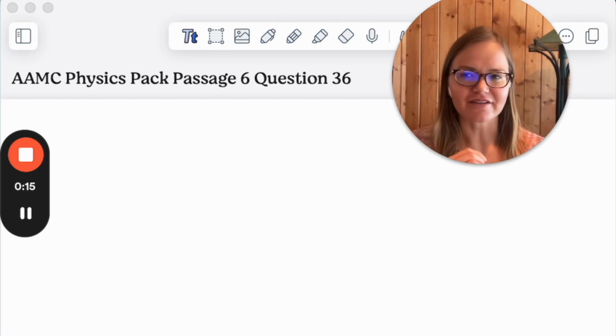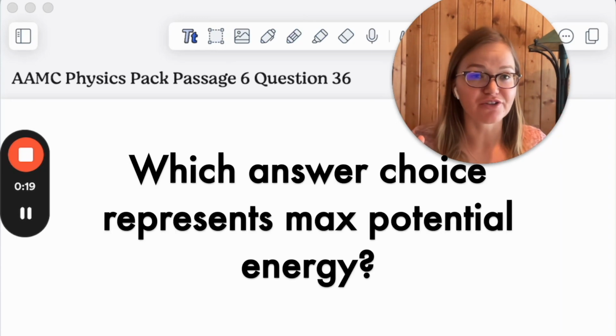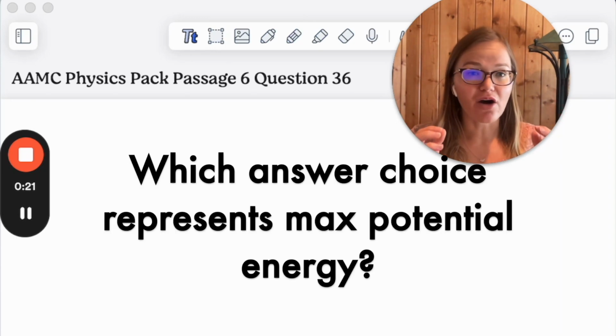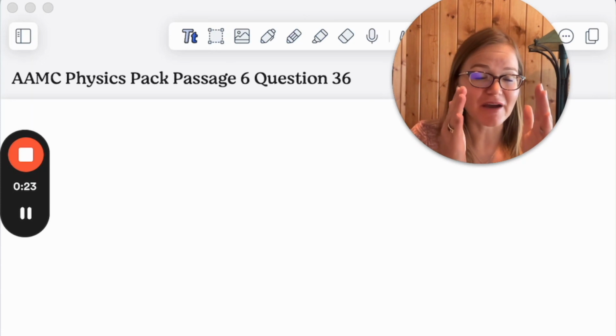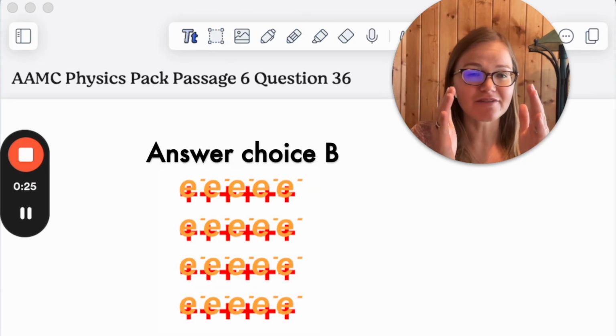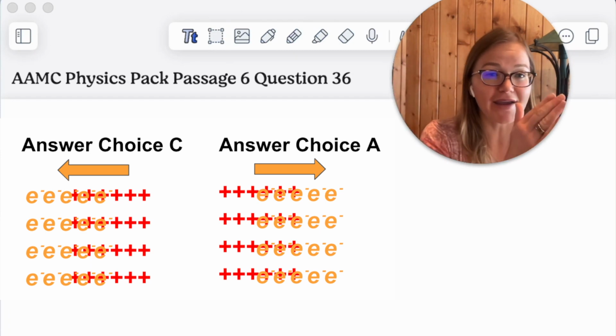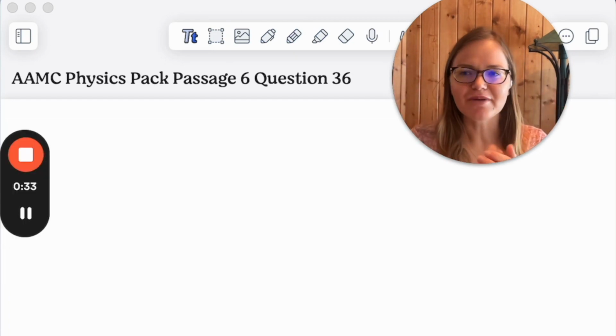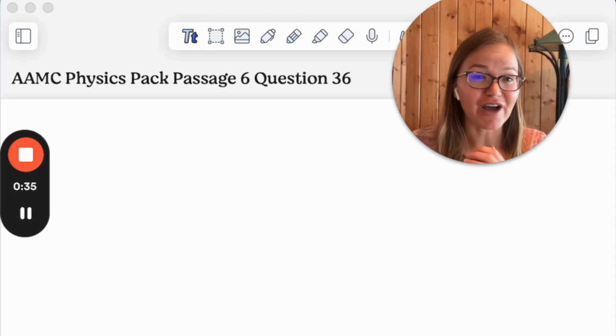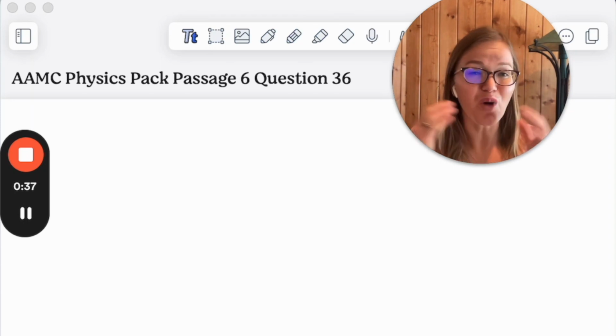Essentially, what we're trying to see here is where is the maximum electrical potential energy occurring? Is it occurring when our electrons are directly lined up on top of our positive ions? Or is it occurring when our sea of electrons moves to the left or to the right of our positive ions? In determining where that max potential electrical energy is, we need to remember, first of all, what is potential